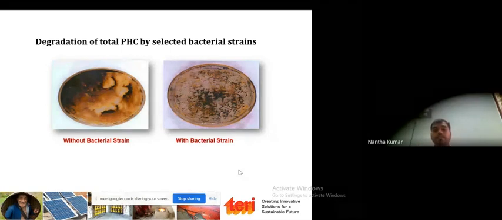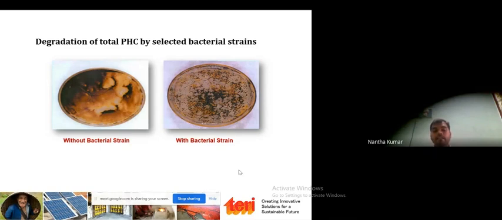So the first step is to characterize the pollutant. The second stage is to select the effective bacteria or microbial consortium to degrade these petroleum hydrocarbons. You can see the plates, which show a bacterial strain.